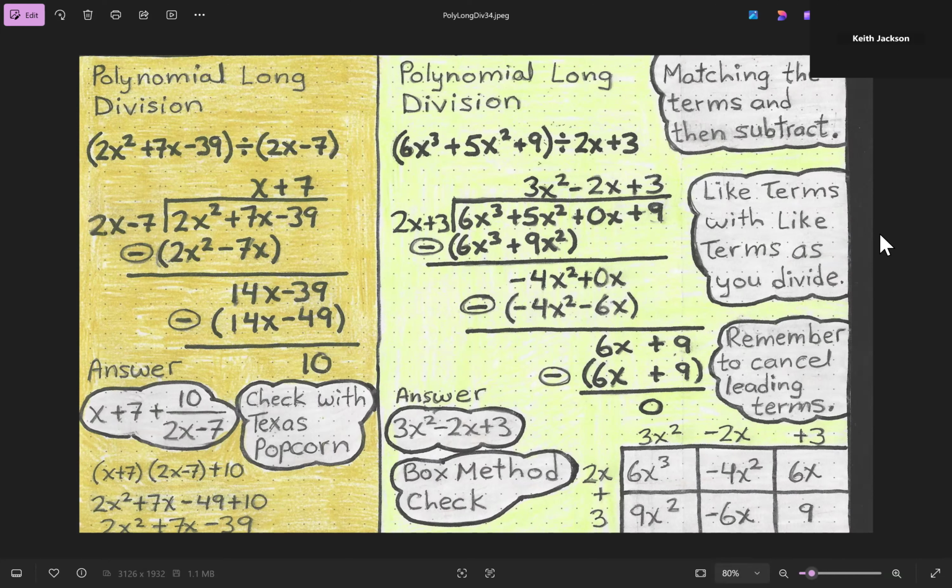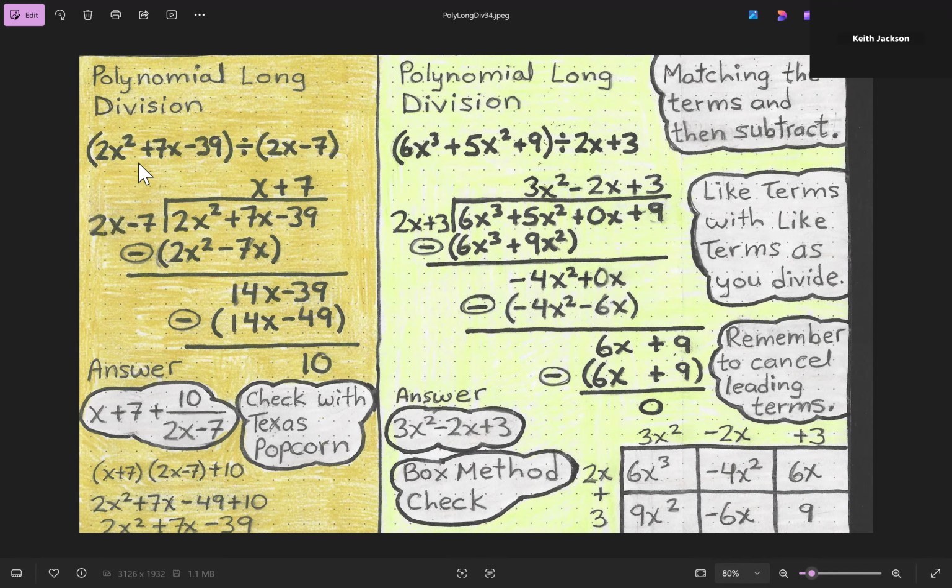In this video, we're going to continue our study of polynomial division, and we have two big examples to show you how we're going to work these problems out. But first, let's keep these three things in mind. We're going to be matching the terms and then subtract, also keeping like terms with like terms as we divide, and then remember to cancel the leading terms. We're going to keep these three things in mind as we work out these two big examples, beginning with the